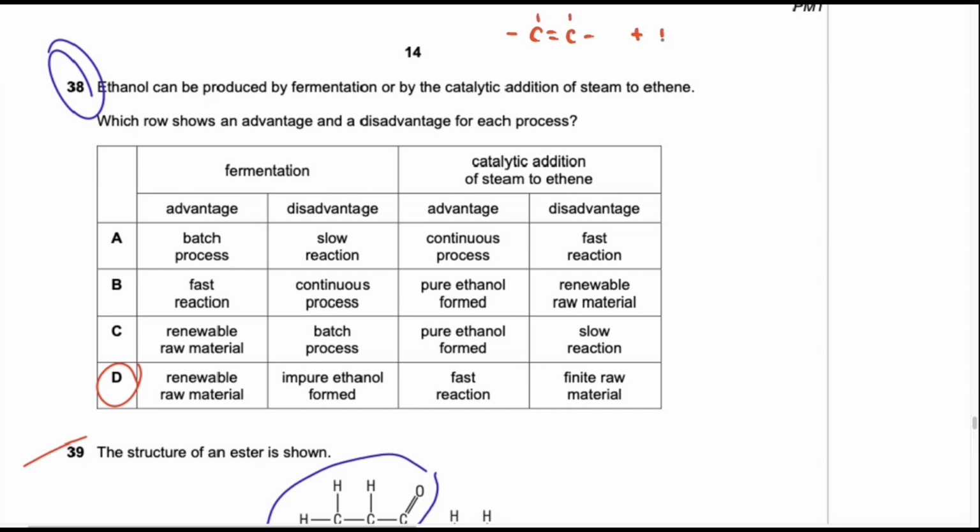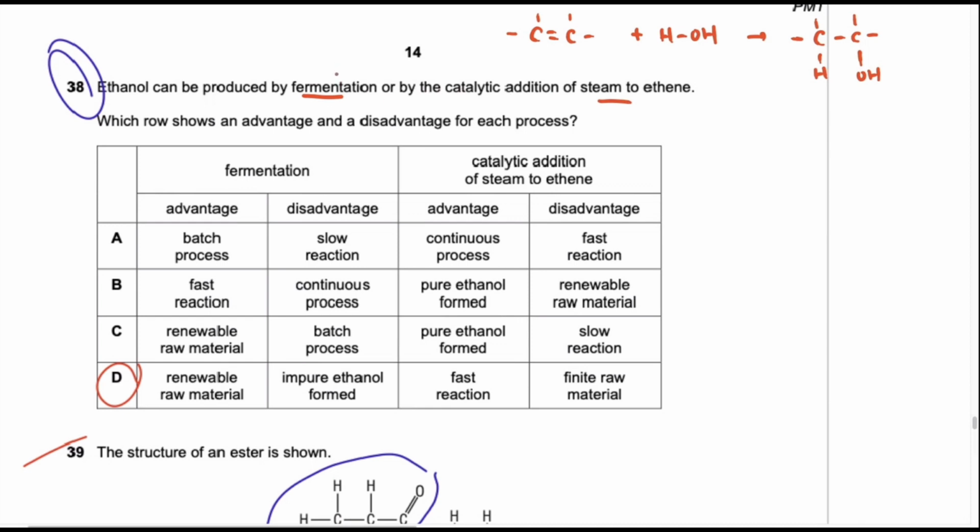Catalytic addition of steam to ethene is C double bond C plus H2O. So the H will come here, the OH will go to the other carbon, and then it's going to be like this, H, OH, to form ethanol. Okay. Now, which row shows an advantage and a disadvantage for each process? Comparing this and this, we need to know that